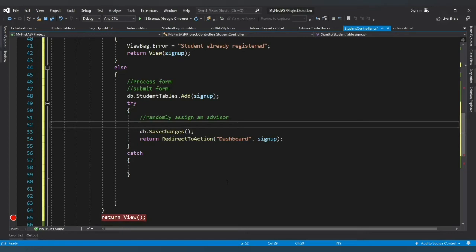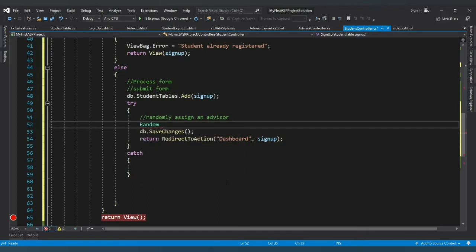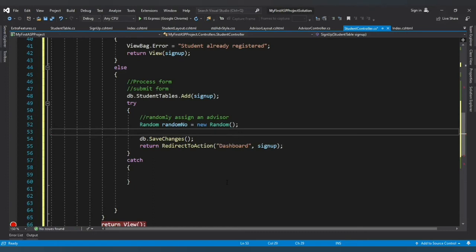So this is where we come in. Now the problem I have, I'm going to make use of the Random class, random number, which we're going to use to generate some random numbers. The problem I have with using this is that it repeats numbers. The repetitive pattern is kind of predictable. So what I usually do is